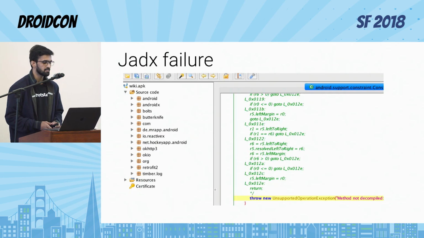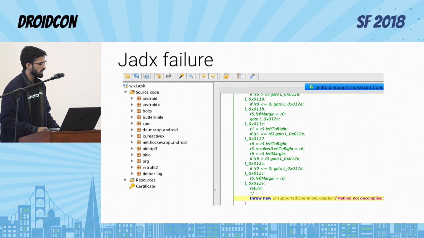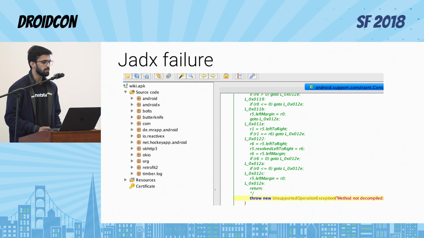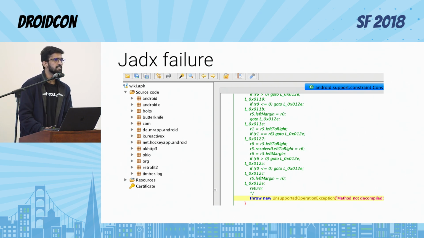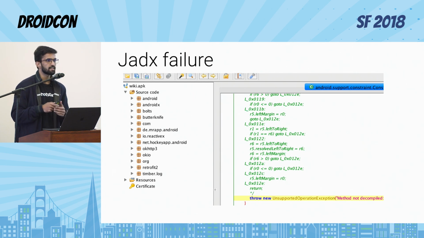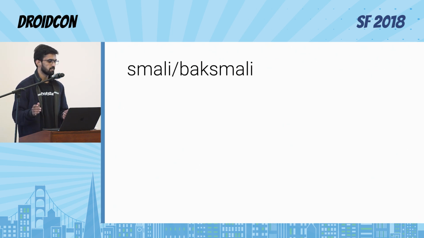DEX to Java decompilation might not work at times. So there are a few methods in the Wikipedia APK that JADX is not able to decompile. I'm not sure why it's happening, but it happens for most of the apps. So we can't recompile the Java source that we got from JADX. And if we can't recompile, we can't get the compromised APK. So we are not getting the login credentials. Now what? Let's meet Smali.